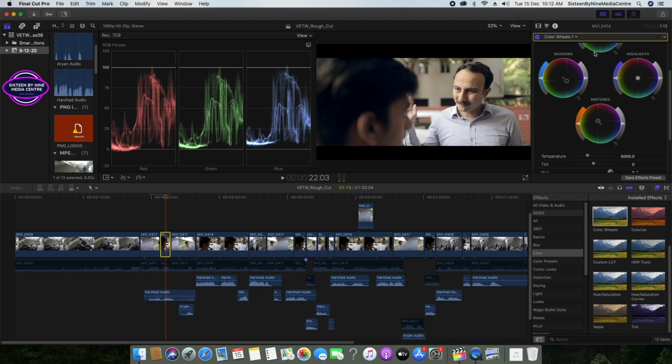You can see there is very little change, and we don't need more, because this frame is very well exposed and the colors are also coming out good. But if we increase the midtone, see what happens, right? So I'm not going to increase it much. I'm just going to keep it here. I'll increase it a little bit here, and this looks quite good.